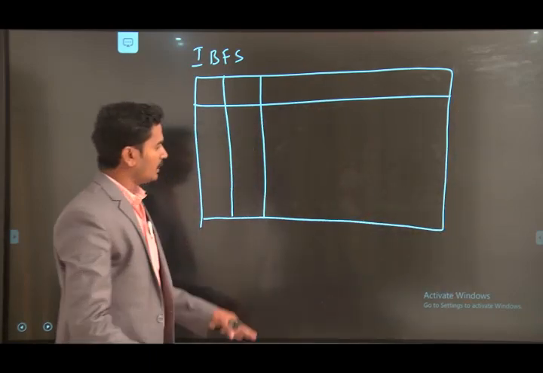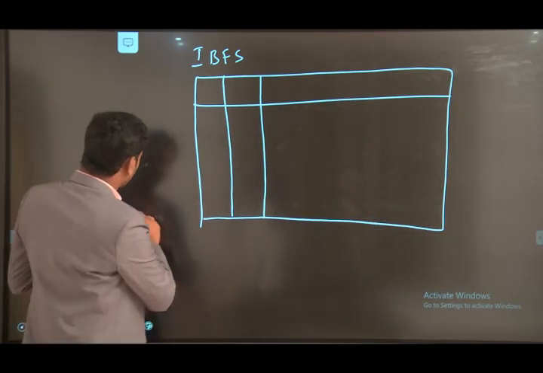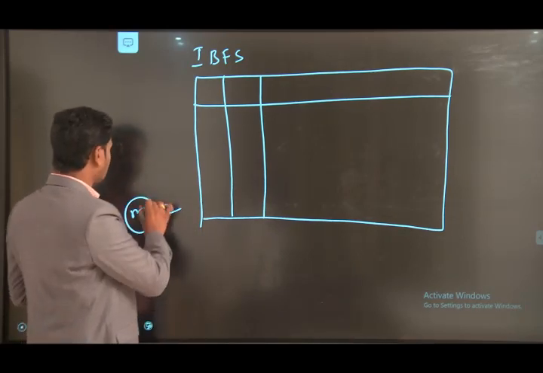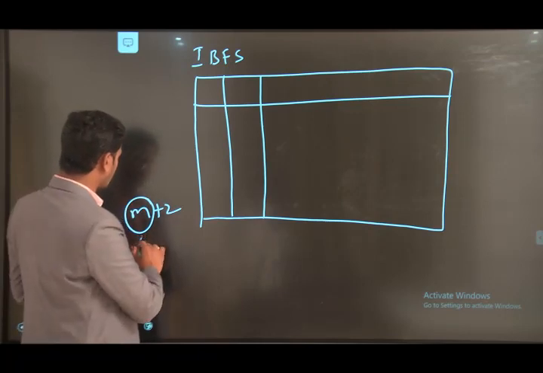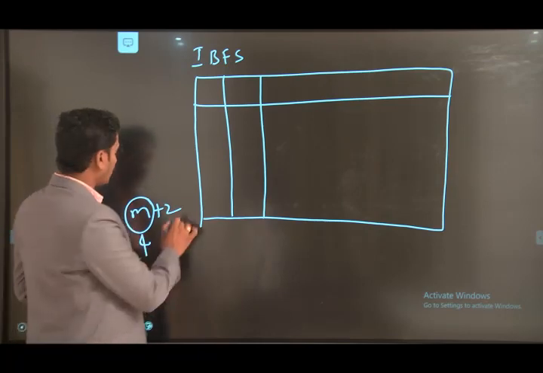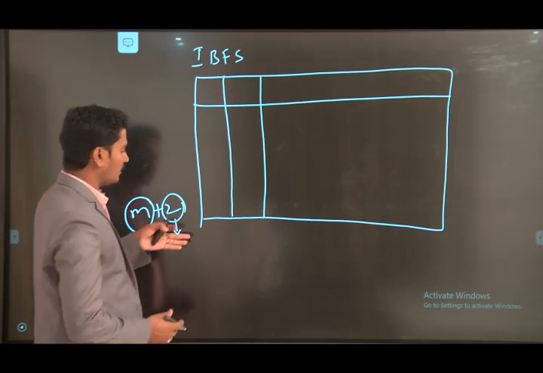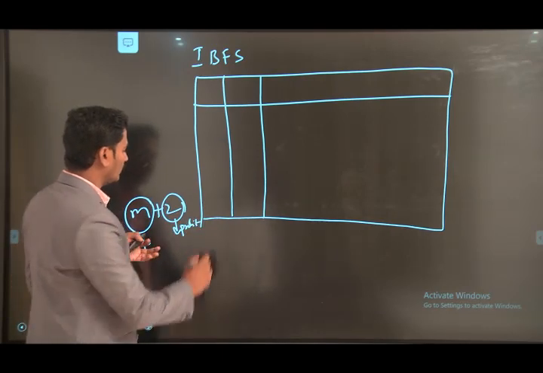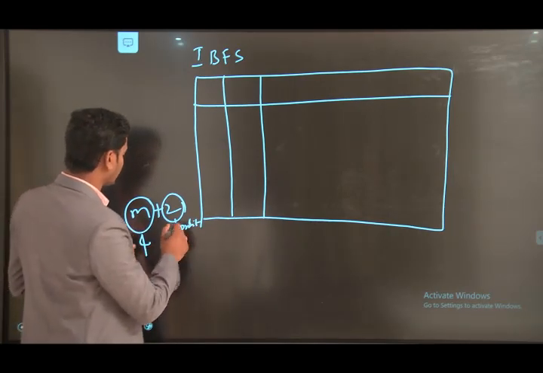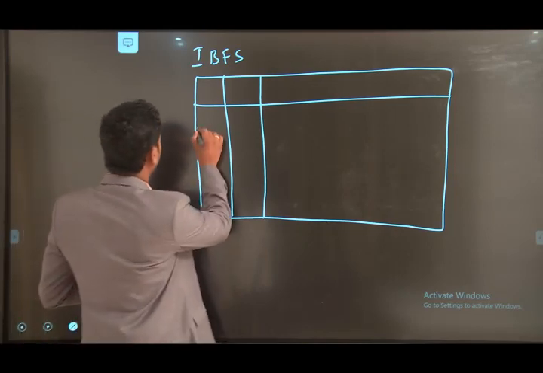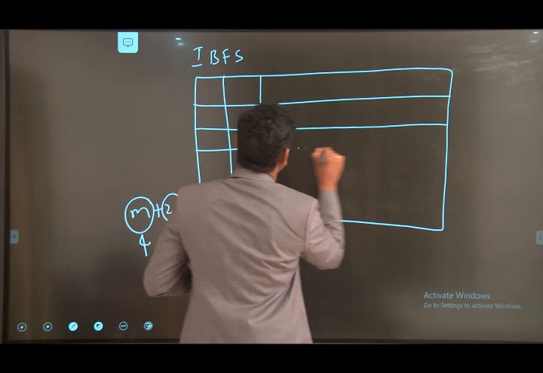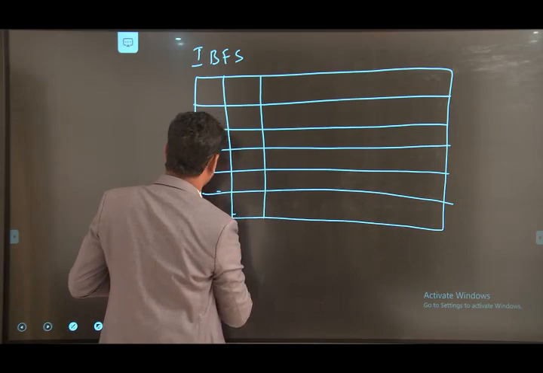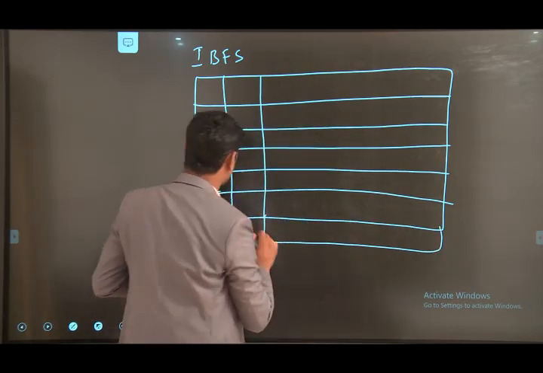What is the form? Here we are taking m plus 2 rows in the table. What is m plus 2? M is the number of linear equations or constraints. In our case we have 4 constraints, so we take 4 plus 2. These 2 belong to the solution point: one is the profit row and another one is the final row for iterations. So 4 plus 2 means 6 rows we require: 1, 2, 3, 4, 5, 6. 6 rows we have to take.